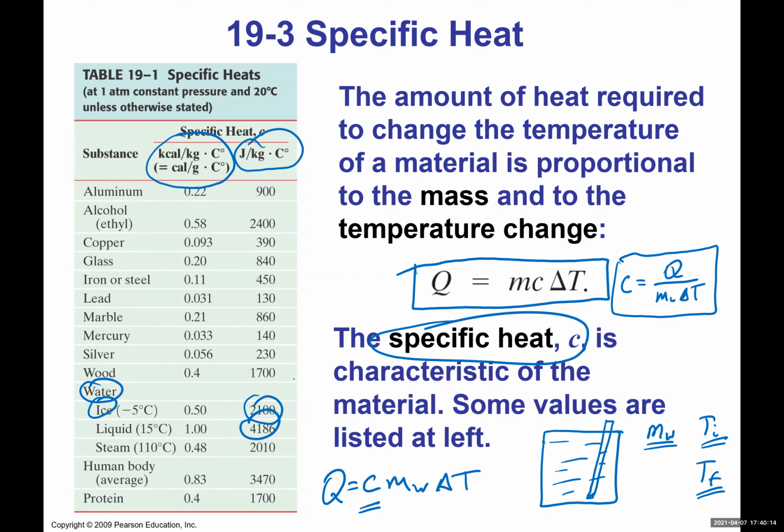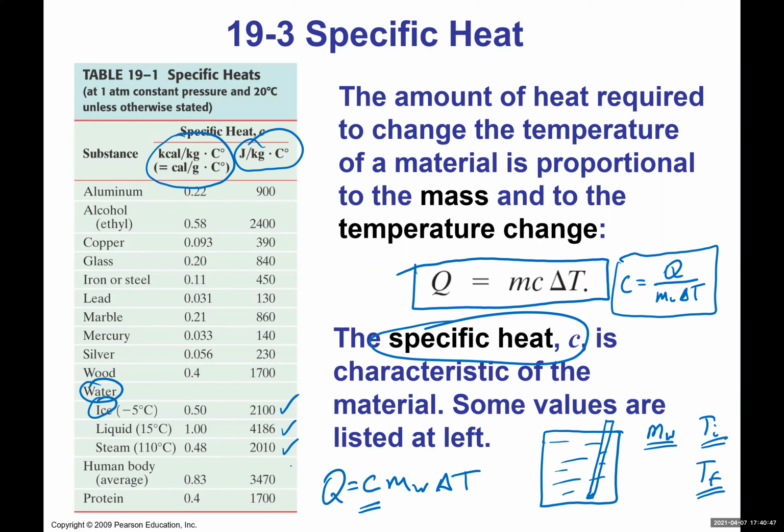If we're dealing with steam, water in the gas state, then that ratio will give me 2010. Each phase gives me a different specific heat for water. This is for the solid state, this is for the liquid, and this is for the gas. As long as the substance is in the same phase, I can use this equation to calculate